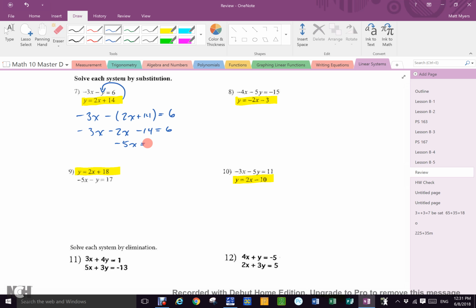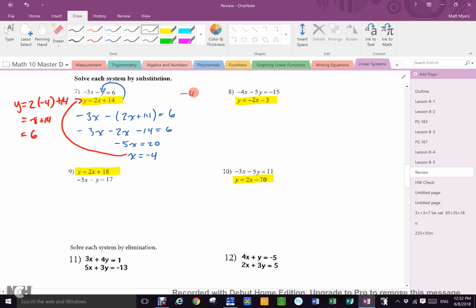Once you have x being negative 4, you then put that in to find y. Where should you put it to find y? In this one that already has y isolated. Y equals 2 times negative 4 plus 14, which is negative 8 plus 14, which is 6,